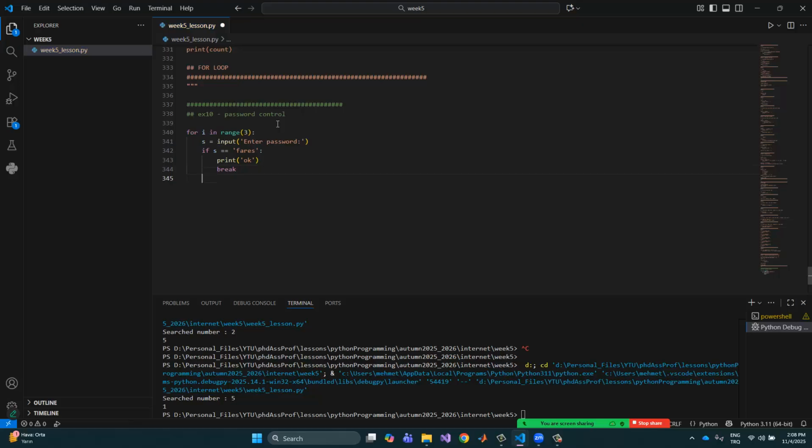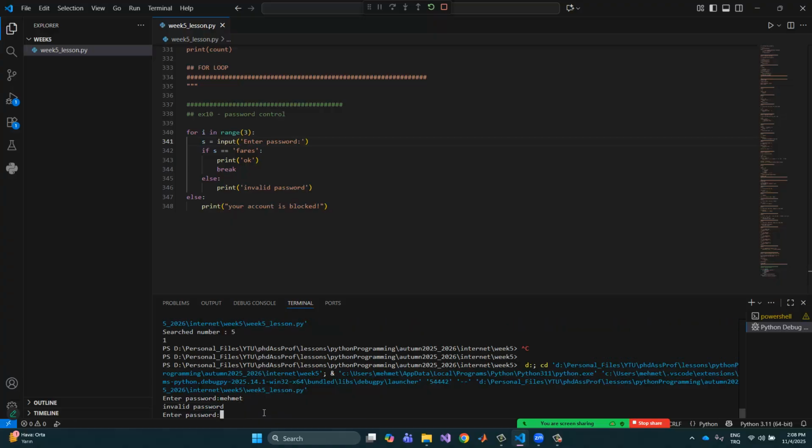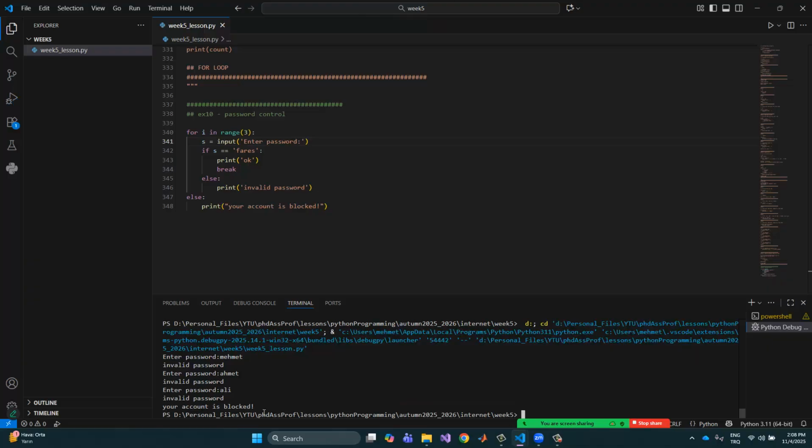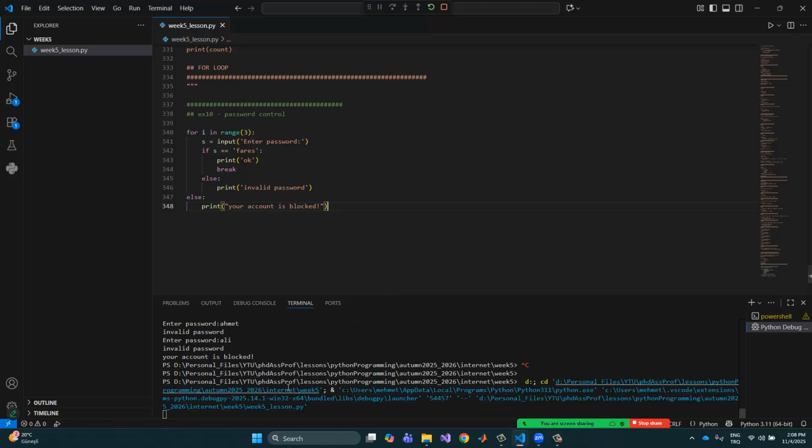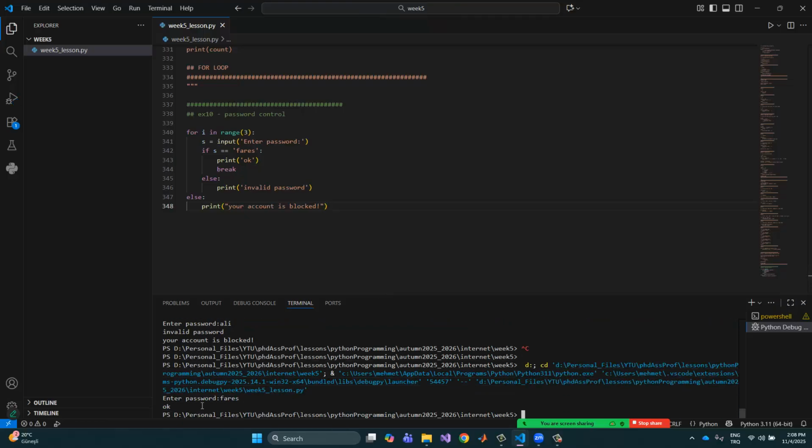And after that we need to give the break, otherwise else print invalid password, and otherwise your account is blocked. For example, if I run this code, Mehmet can be given is invalid, Ahmet and Ali, and so your account is blocked. But if I write the Fares, and so this is okay. Okay,